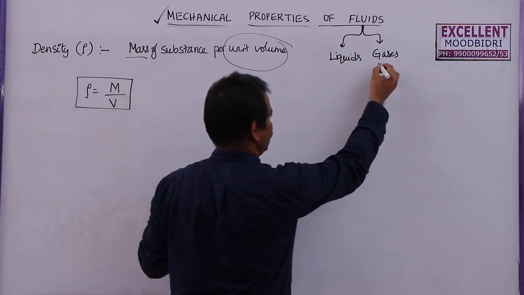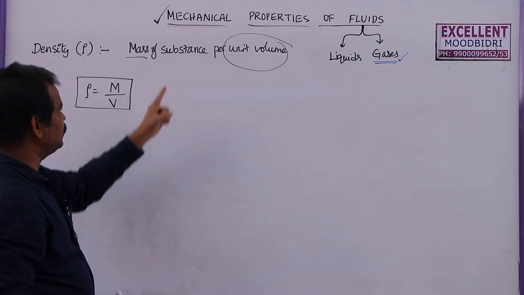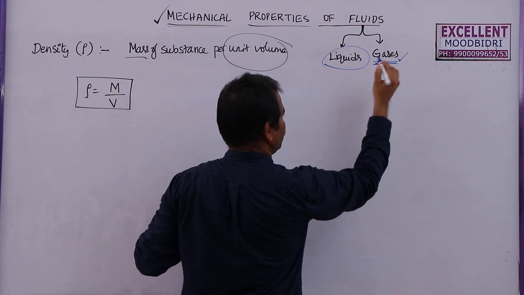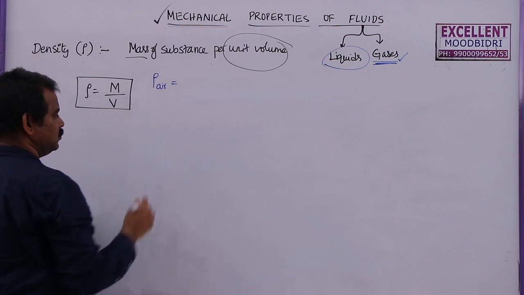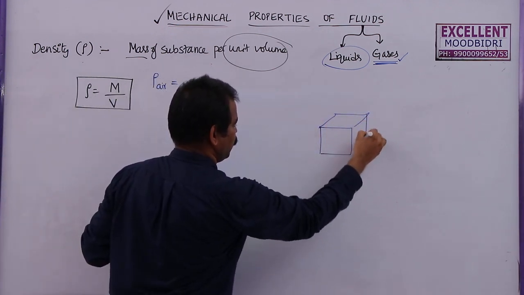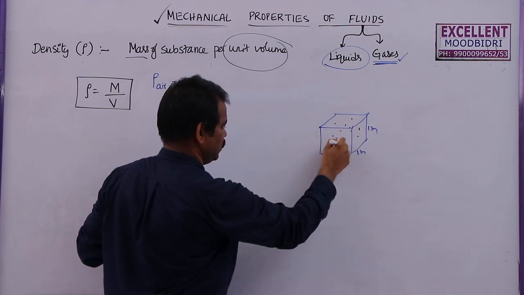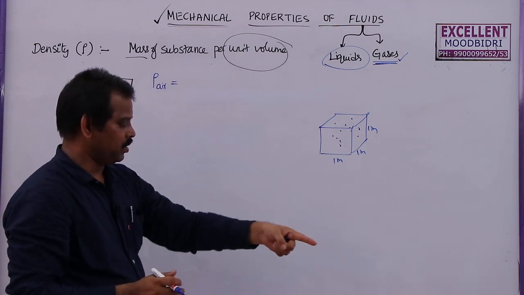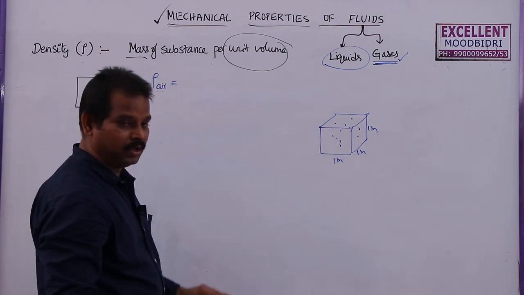Sometimes we need to remember the relative density of gases or the density of gases also. Why? Because this is the mechanical properties of fluids, not only liquids. We need to remember the density of gases. Now if you take the density of air, if you fill the same tank, here I have already explained this one, a 1 meter cube tank, 1 meter, 1 meter, 1 meter. If you fill this with air, what will be the mass of this air? 1 meter length, 1 meter width, 1 meter height. This is from here to here 1 meter, from here to here 1 meter, and the height is 1 meter here.